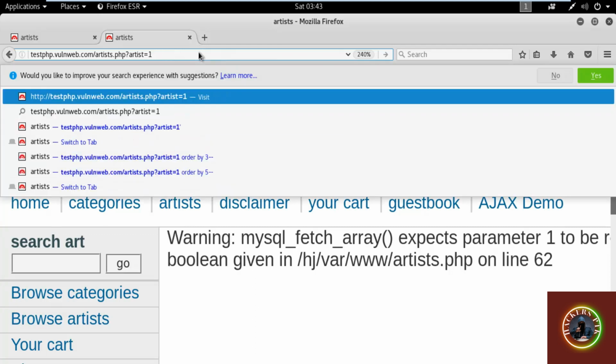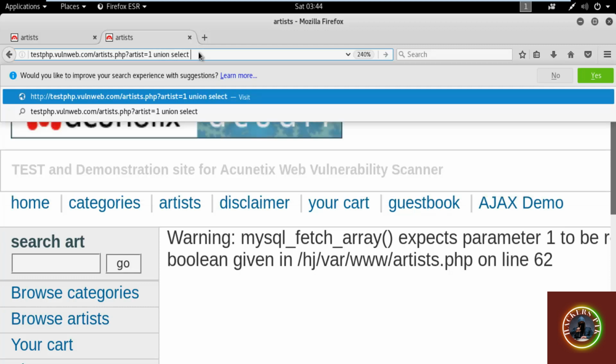Now the task is to find the table names. We don't need to find the database here, right? Because we can directly find a table name and then column names and then the data. So how can we find the table name without using any tool? Do one thing. Let me show you the command. So you can simply type here union select 1 comma 2 comma group underscore concat,